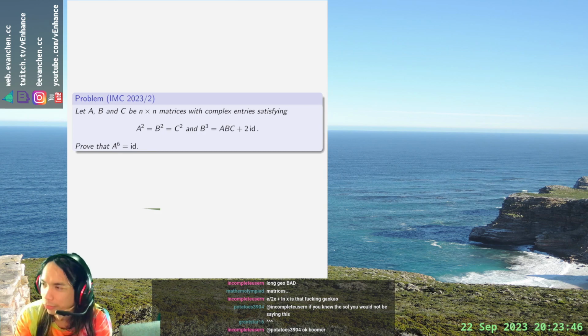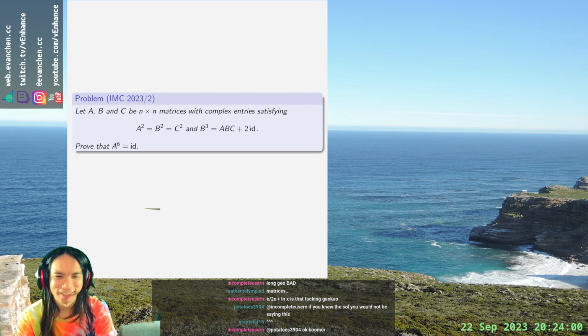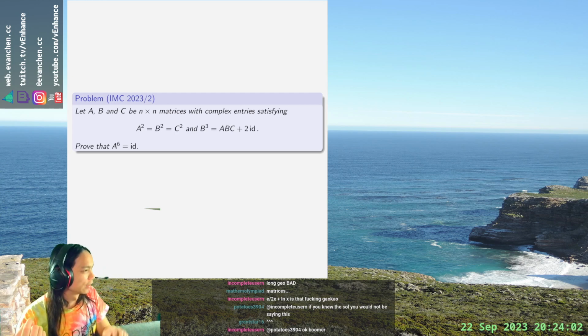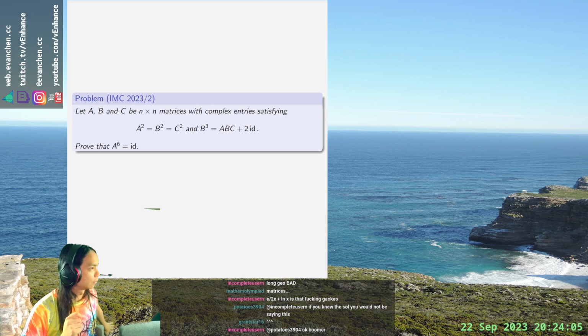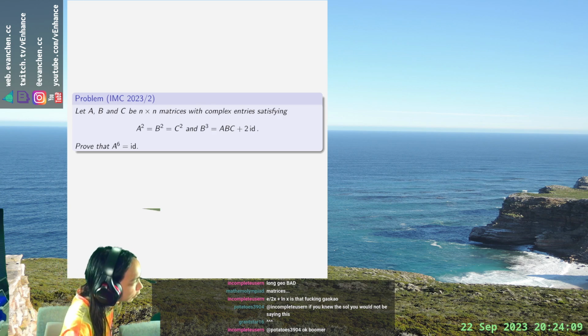From a college competition, we have three n by n matrices which are idempotent and satisfy b cubed equals abc plus 2. And you want to show a to the 6 is 1. Apparently, that is a thing that can happen. So I guess the first thing is that